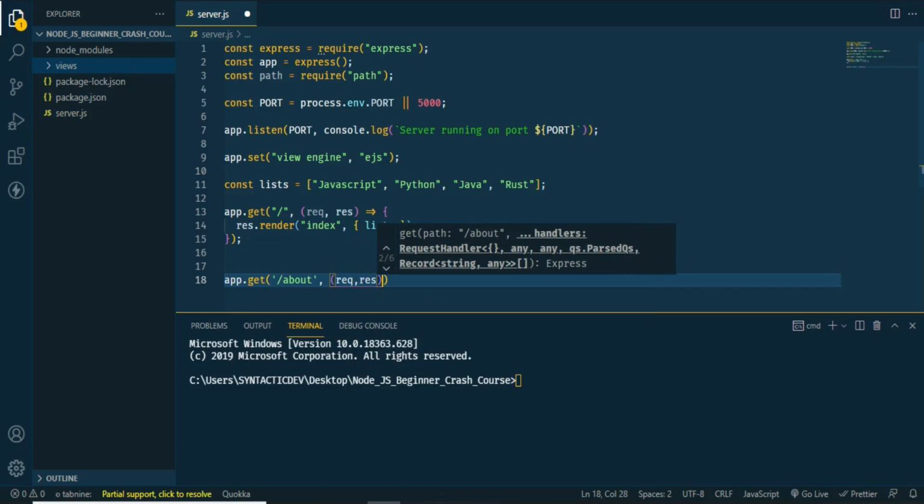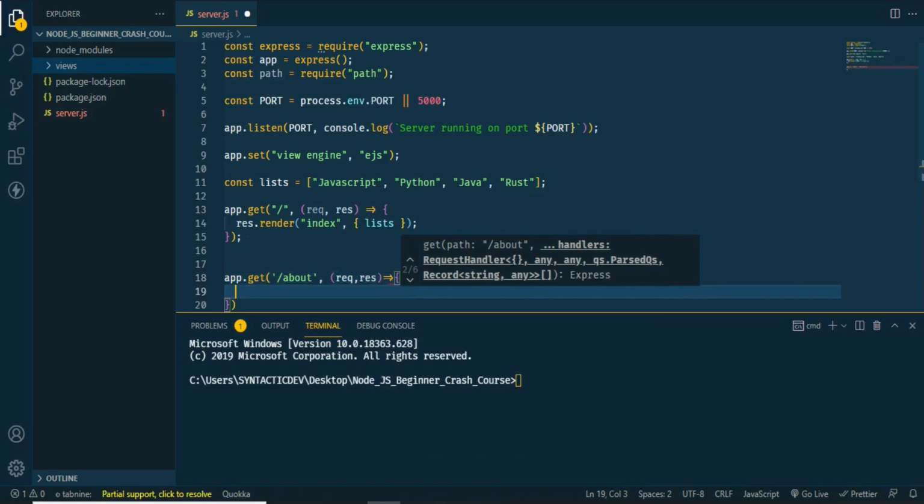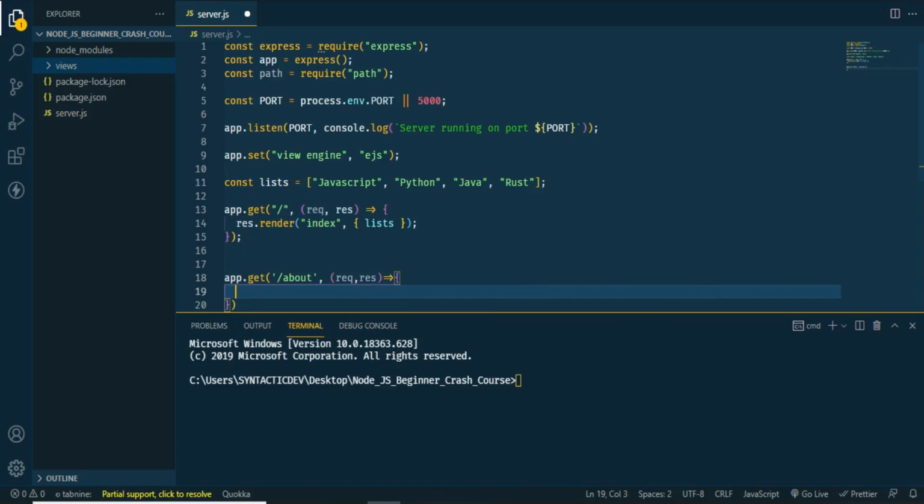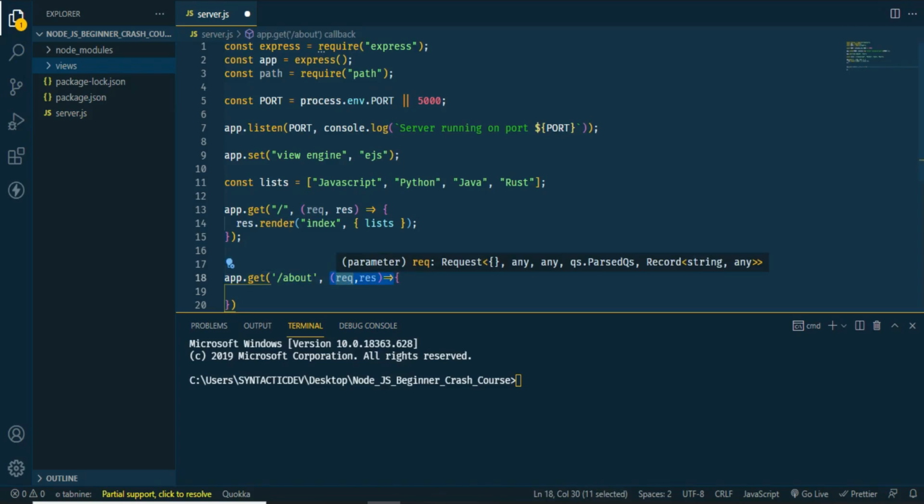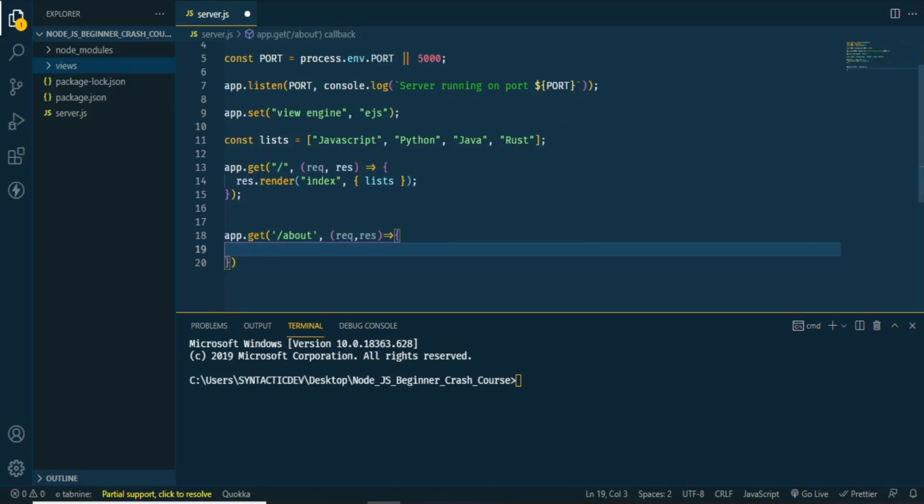And this function here is called the route handler. It handles all the requests when you make a request to this route. So this is what handles the request, so that is why we call it the route handler. And so assuming we are going for the about page, now let me send in